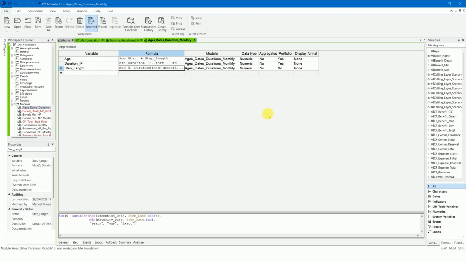Note that the new formula now considers the exact number of days in each month by using the system variable step date, instead of the previous definition equal to 1/12.